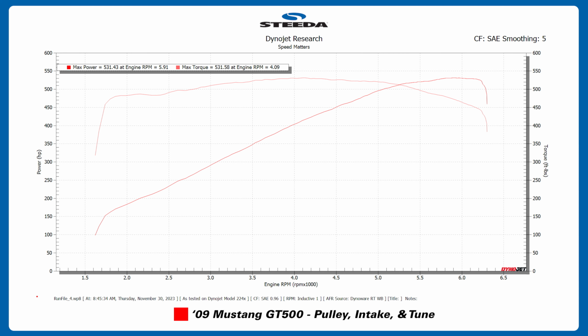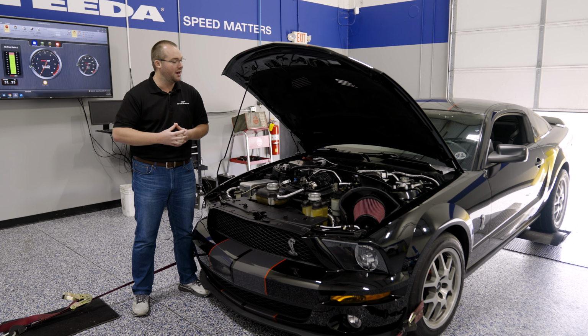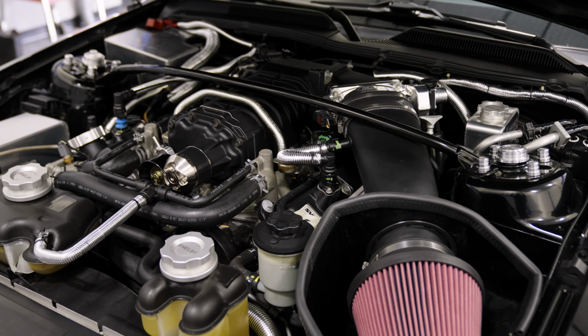531 horsepower, 531 pound-feet of torque. Incredibly impressive numbers for what, a 15-year-old car at this point? For a stock 5.4 with a stock blower, factory cats, and just a couple bolt-on parts, these are really impressive